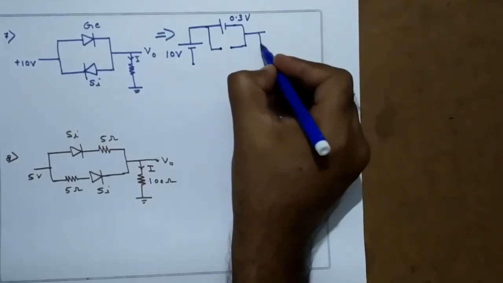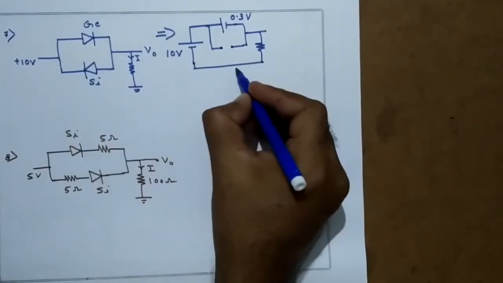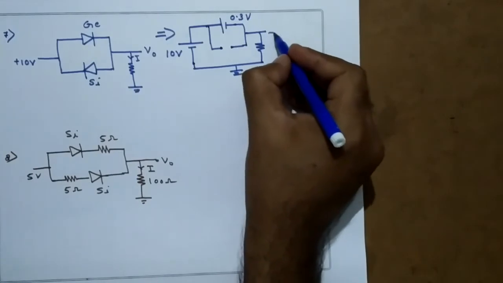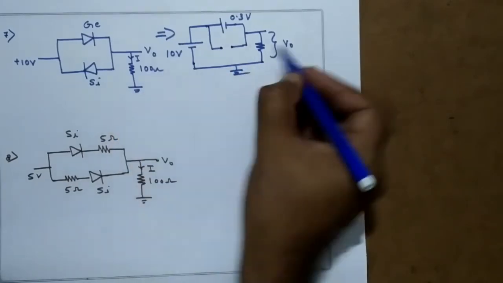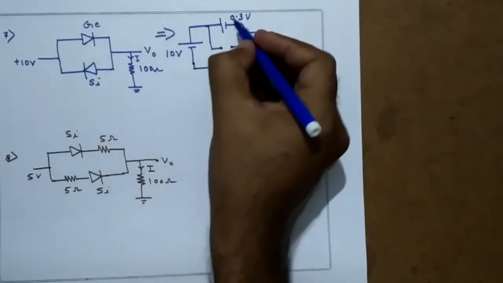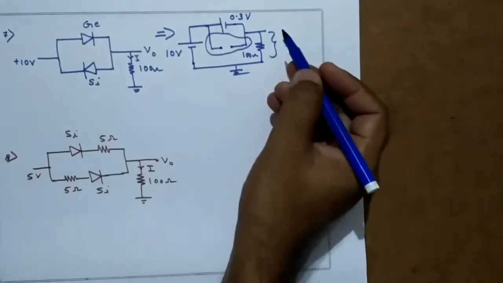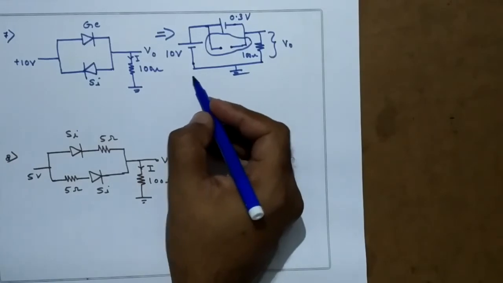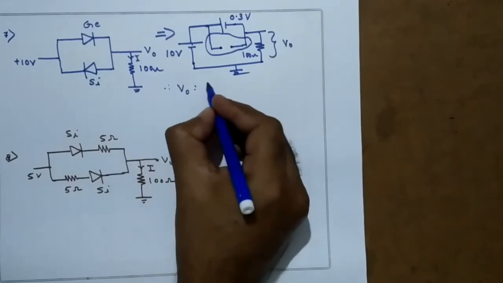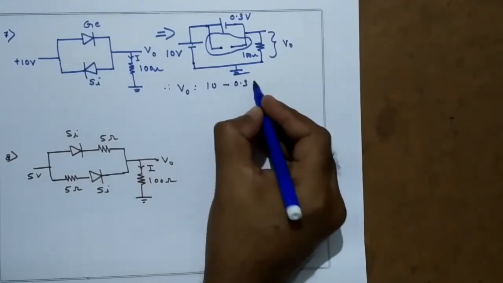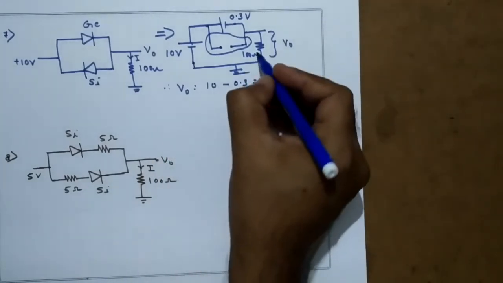and the resistor is connected here. So this is ground, this is also ground. This is the voltage V0, take 100 ohm, 100 ohm. Now there is only one loop, because this loop will not be considered at all because no current flows through this. Therefore, what is V0? V0 is this minus this. Therefore, V0 is equal to 10 minus 0.3, therefore is equal to 9.7 volt.